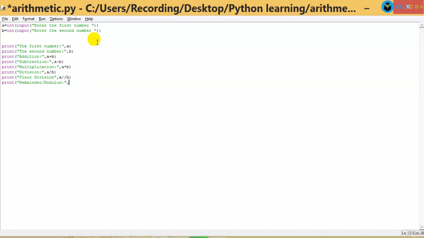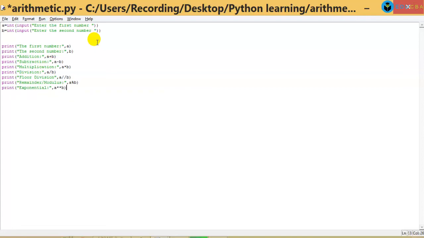It is A modulus B. Your first number, second number, addition, subtraction, multiplication, division, floor division, and remaining is the exponential arithmetic, and I can say that is A raised to B.